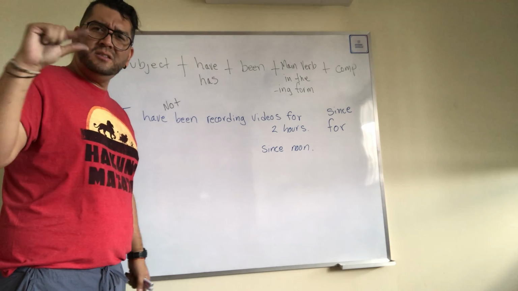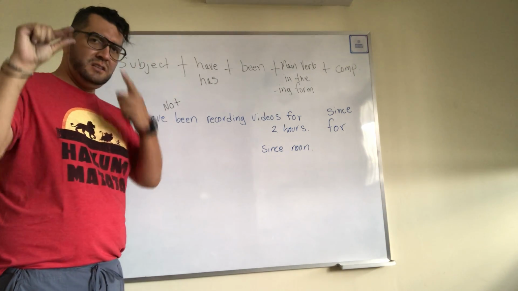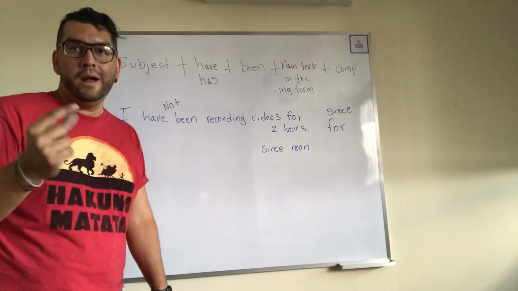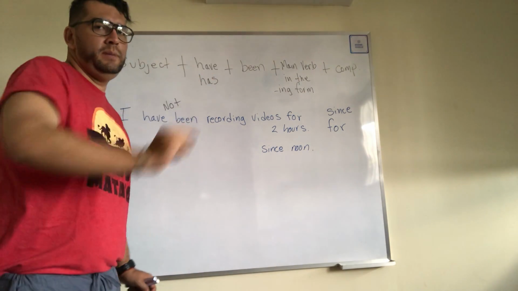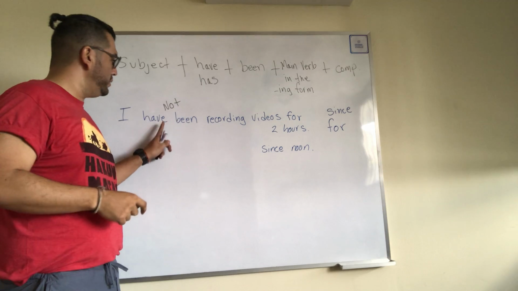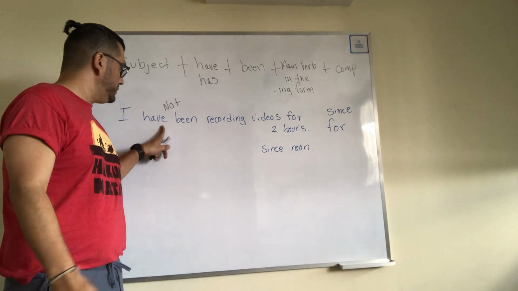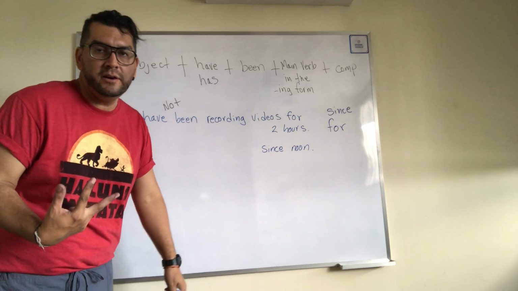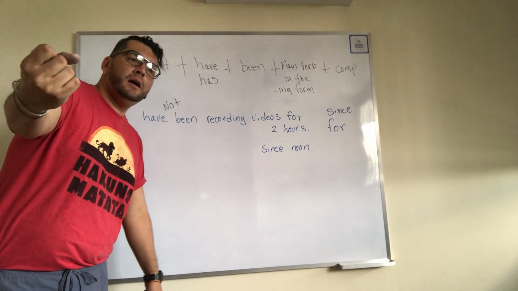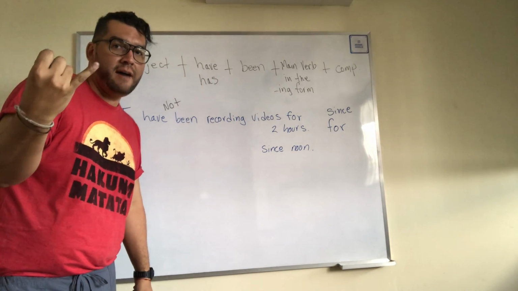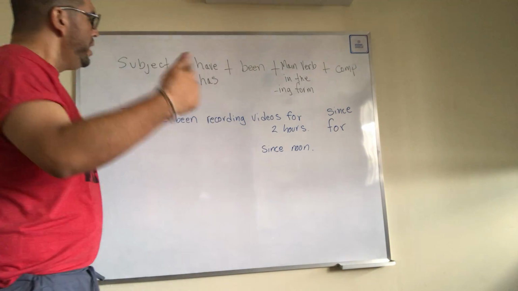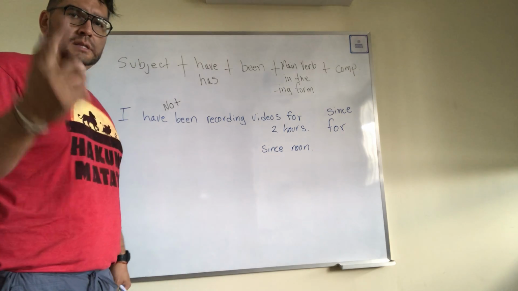We only make a very slight change. We only put a little word, but we have to know where that little word should be or must be. In this case, it's going to be all the time between the 2 auxiliaries. And which are those 2 auxiliaries? These are the auxiliaries have and been. Okay? So I'm going to explain you now the